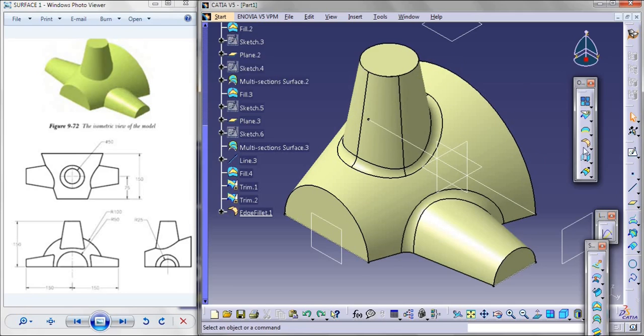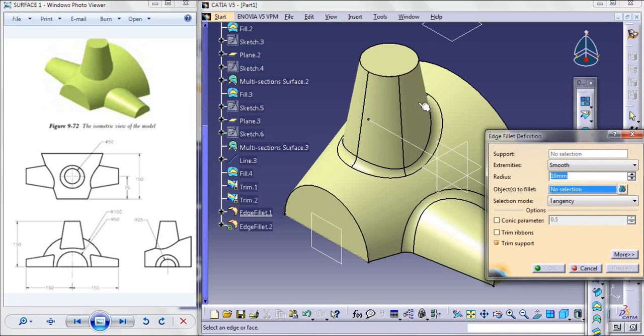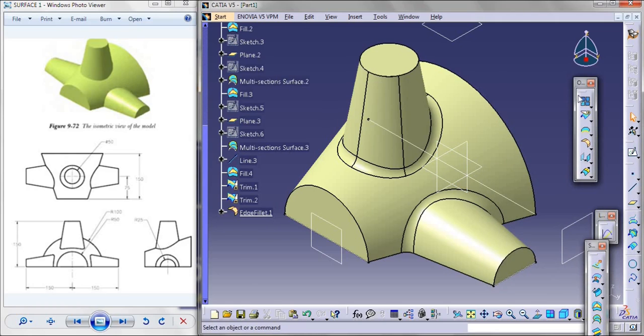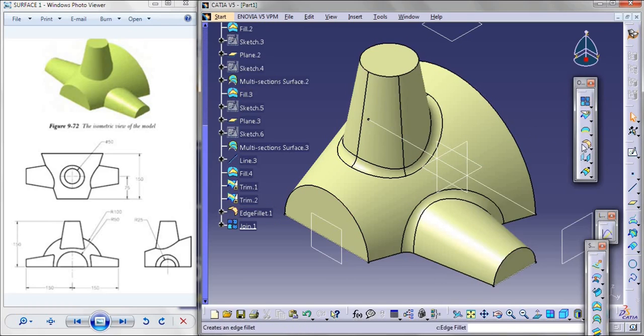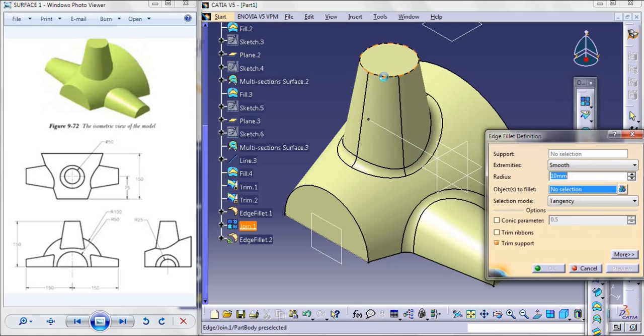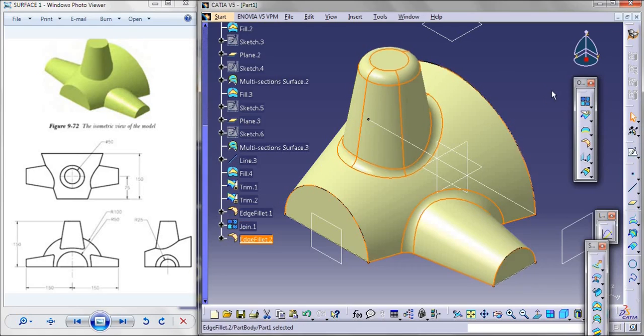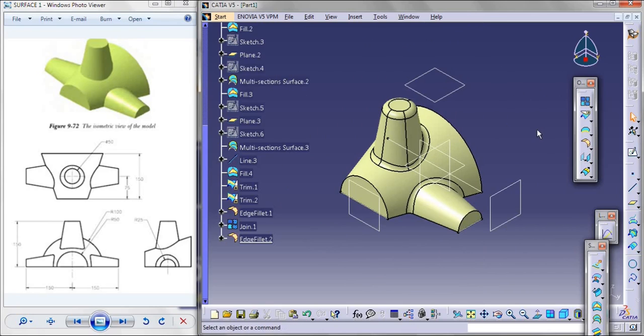And also one thing here you can see, if I go for edge fillet and try to select these edges, it is not getting selected at all. Why? Because these two are different entities. So first you should join your entities. Go for join option, join this surface and then this surface. Give it as OK. Now you can create your edge fillet over there. So I'll give it as 10 itself. Give it as OK. So like this you will be creating your surface design models.